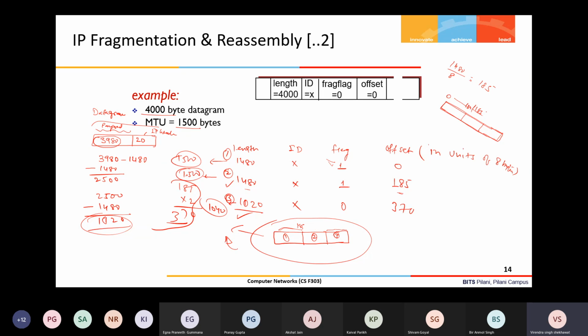That's why in IPv6 they say that this fragmentation will not be done. So how do we deal with this MTU problem? They say that if any router receives a datagram of size more than the MTU of the next link, then this router will send an error message that the datagram is too big, and that error message